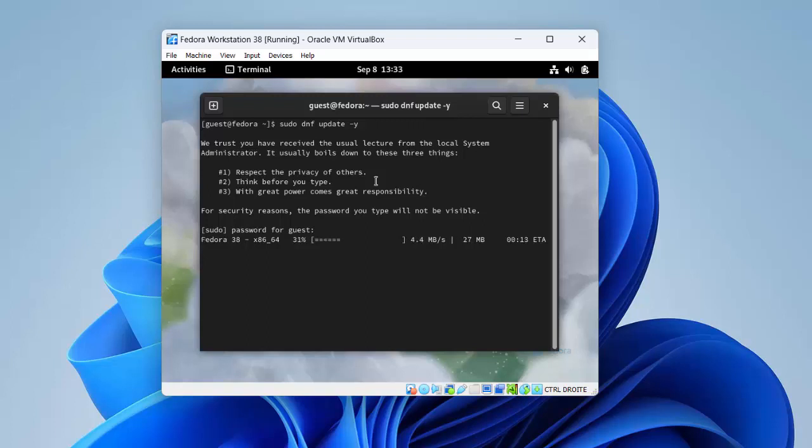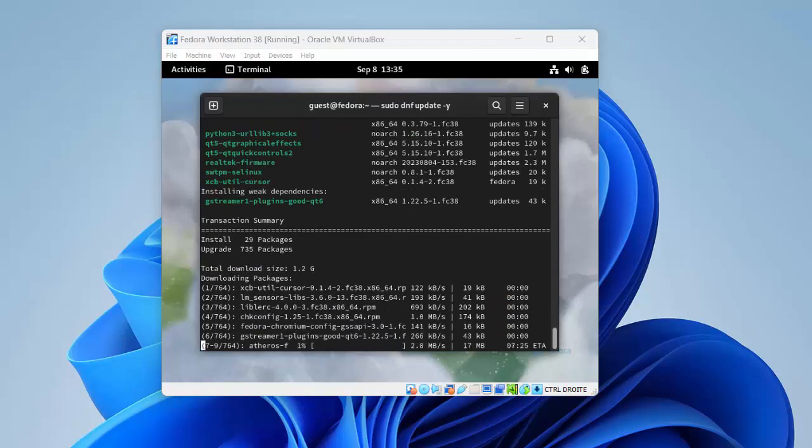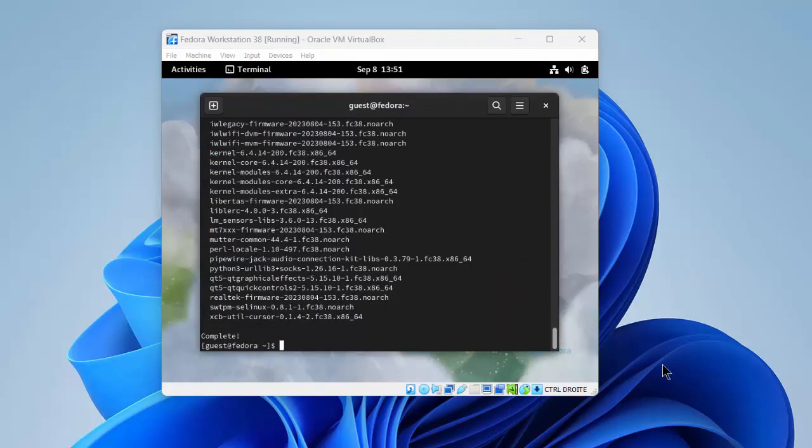The initial update is quite big. I think it's 1.9 gigabytes of data that needs to be downloaded from online repositories. So again, this will take some time. The initial updates can take some time. After performing these updates, we will install some important packages using sudo dnf install